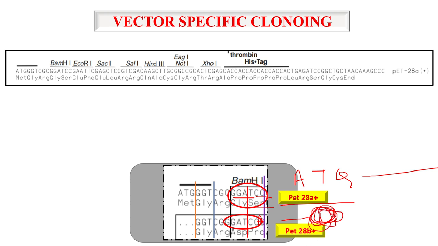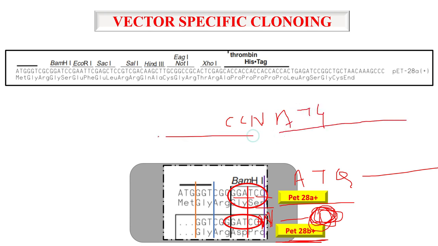So if you are using pET28b, what do you have to do? You have to put any nucleotide here, CCN, then it will code ATG and all. I think you are able to understand why we are putting an extra nucleotide in pET28b. And here only C will be there, so you have to put CNN. So this is for pET series C,